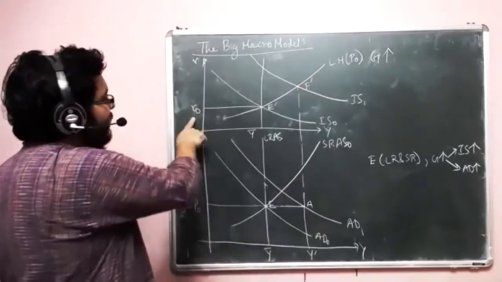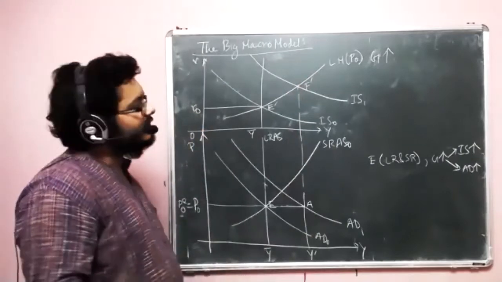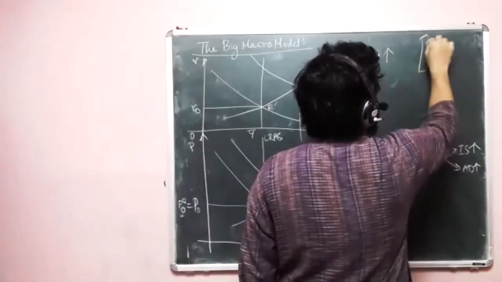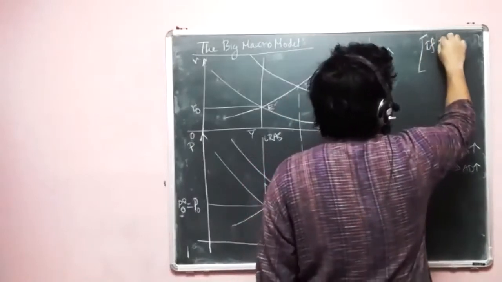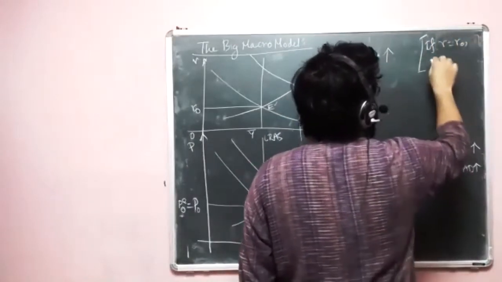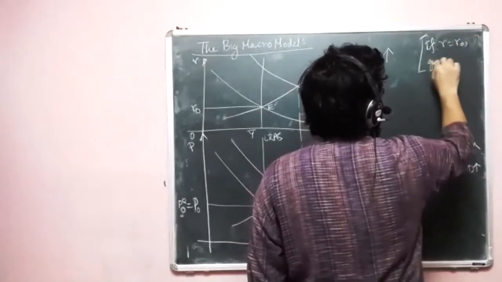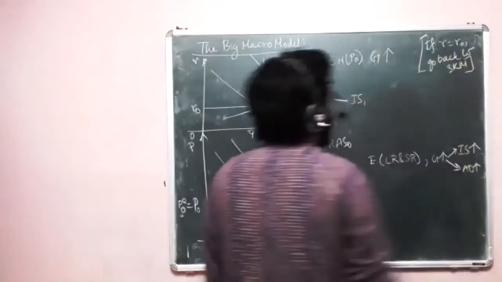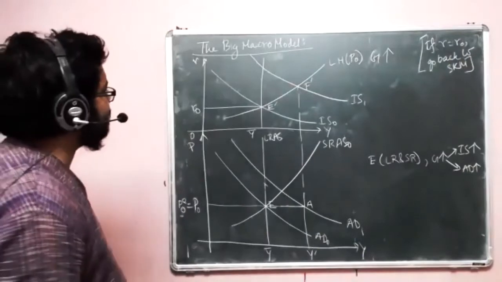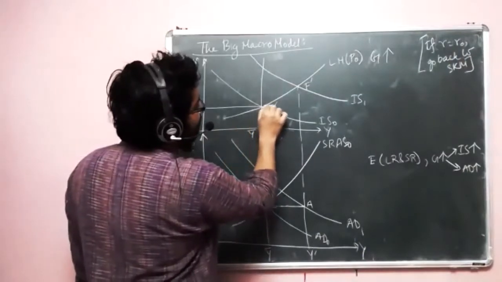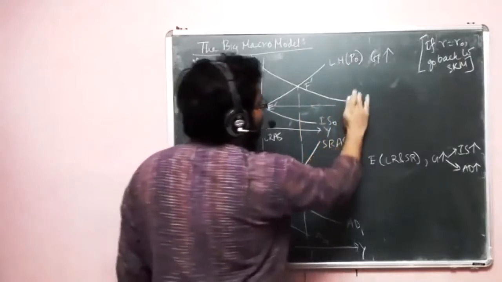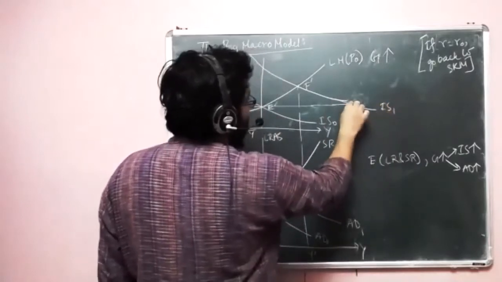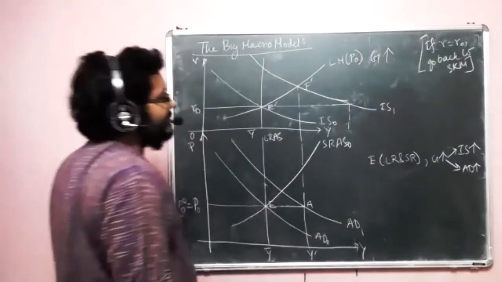Now think of this. If interest rate is constant, then where do we go back? This is a huge thought exercise. If R is fixed at R naught, then we go back to the IS curve. And if we do that, then fixing R naught, what will be the output? We need an even bigger IS curve, so the output will be somewhere here. It will go like this. Anyways, the output is not really important.